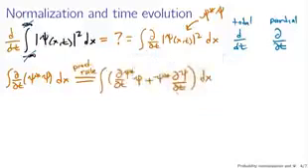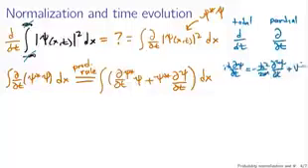But bear with me. The partial derivatives with respect to time appear in the Schrodinger equation. I h bar d by dt of psi equals minus h bar squared over 2m second partial derivative of psi with respect to position plus potential times psi. These are the time derivatives that I'm interested in. I can use the Schrodinger equation to substitute in the right-hand side for these time derivatives, both for psi star and for psi. So first I'm going to manipulate this by dividing through by I h bar, which gives me the partial of psi with respect to time equals I h bar over 2m, second partial of psi with respect to x,